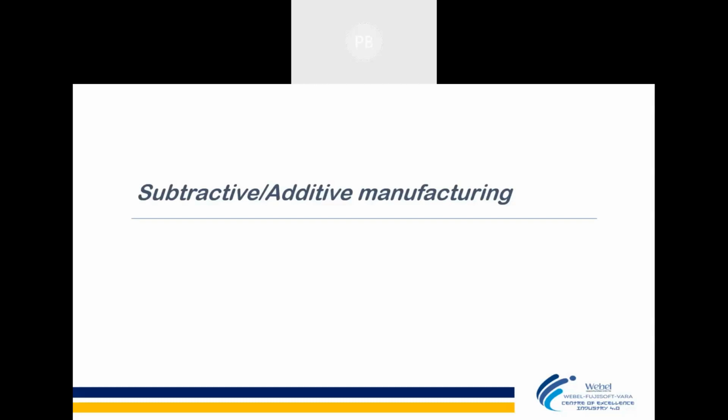In subtractive manufacturing, we have a block of material and then we remove the material from places where we don't need it to bring it into the desired form and shape. And in additive manufacturing, we start with adding material little by little to create the shape in which we need the final product. Right. So this is the principal difference between additive and subtractive manufacturing.